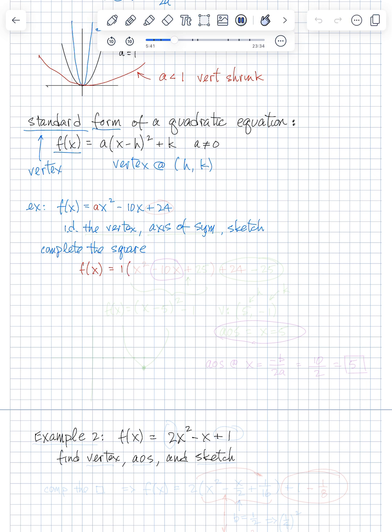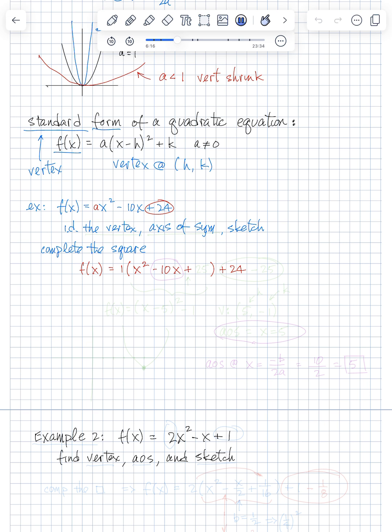So f of x is going to be 1 times x squared minus 10x. Then I'm going to put a plus and then leave a space and close the parenthesis. And then what comes next is the plus 24. And now I go in and fill in the blanks. So how do we do that? Well, you look at